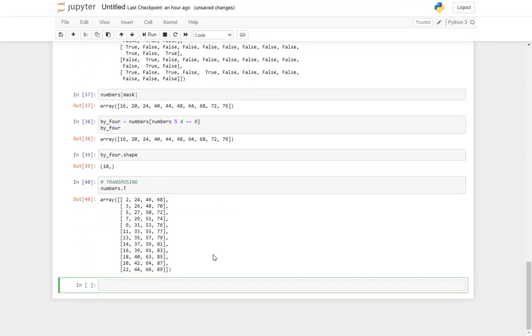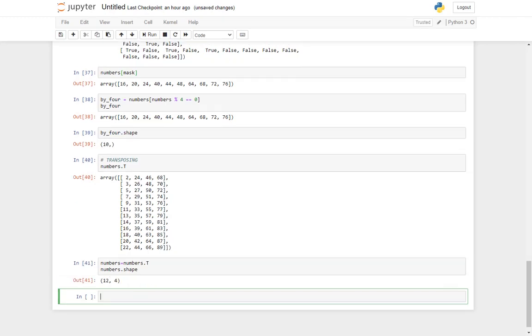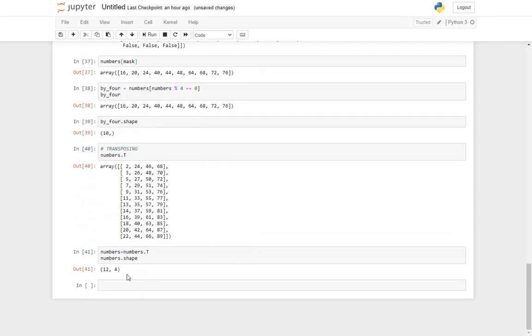So now if I try out, okay, numbers is equal to numbers dot t, and then I call the function shape. It will be now 12, 4, which was initially 4, 12. We have shaped it as 4, 12. So now it has been transposed, and now the shape of this is 12, 4.